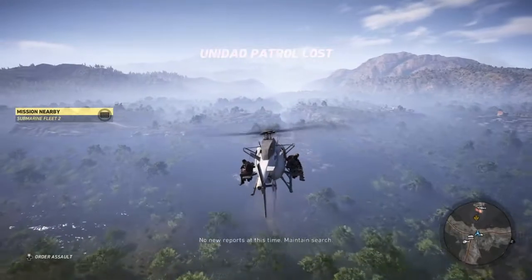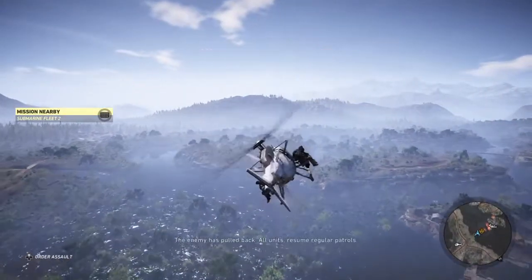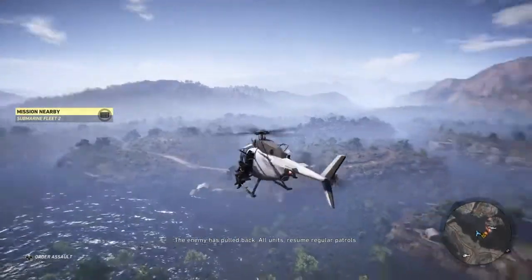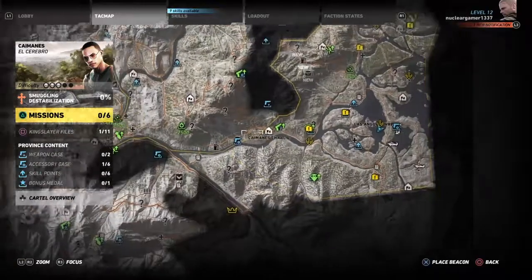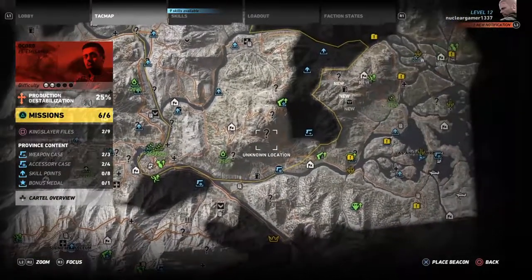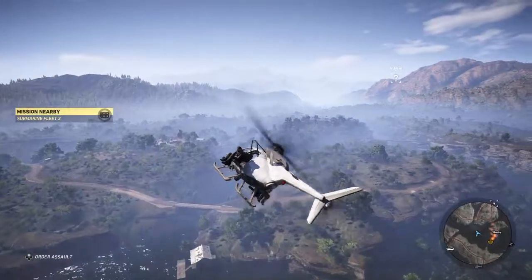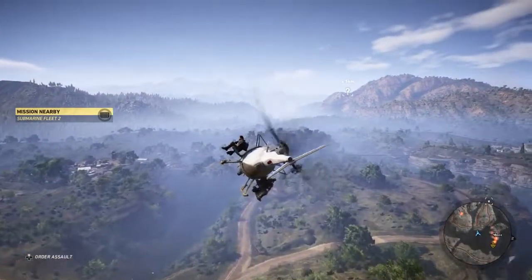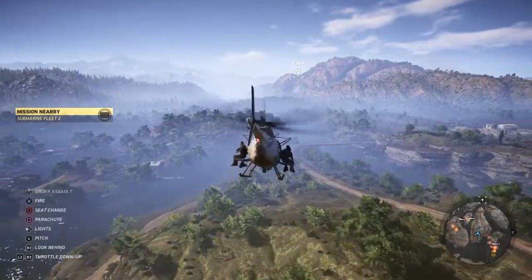The Blackhawks are really nice, because not only do they have miniguns on the side, but if you can get the Santa Blanca Blackhawks, then they also have Gatling guns that point forwards, so they're very fun to use. Let's see. We'll go this way. Try and stay out of the range of AA guns. Unfortunately, it's kind of difficult to tell where they are, so...